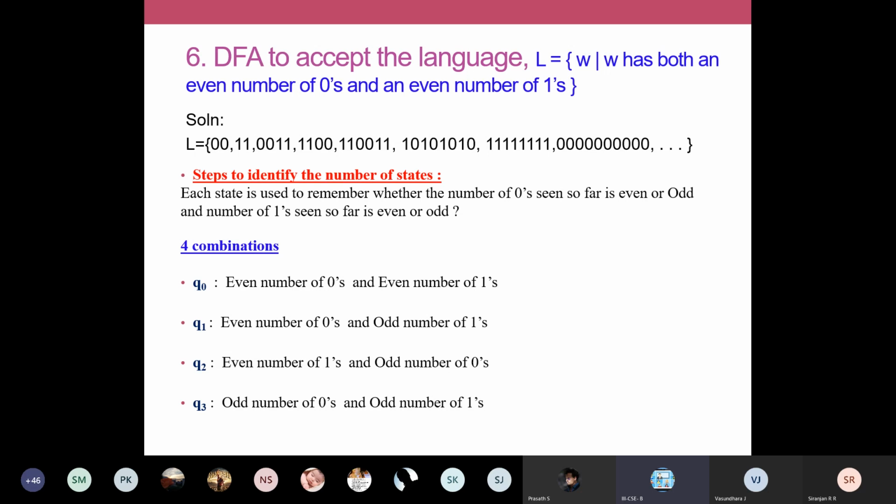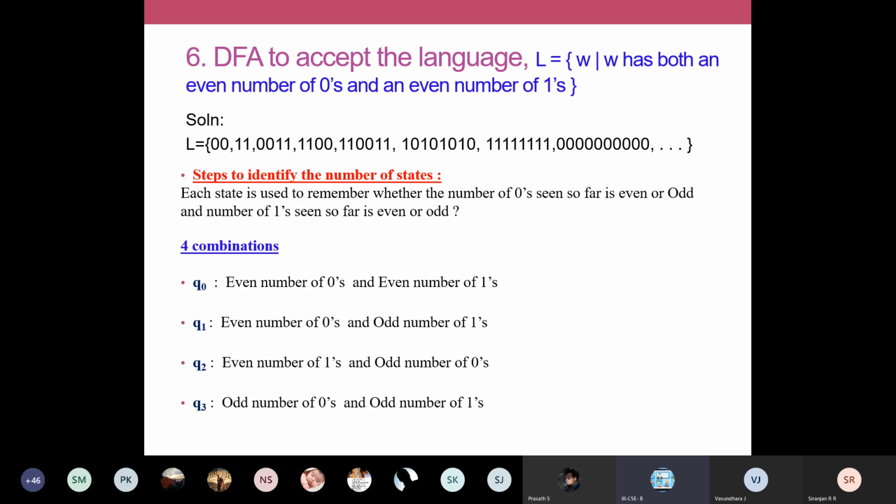It's not a must that initially you must have 0 and at the end you must have a 1, like that. You can have your zeros and ones in any place, but put together, when you are counting the number of zeros and ones, it should be even. You just analyze all these strings. I'll take the first string, 0 0. You have 2 zeros, and count the number of ones. Do you have any ones here? No, you don't have any ones.